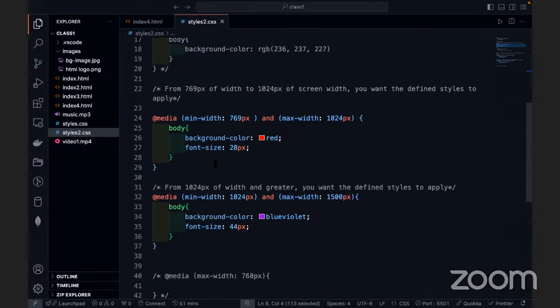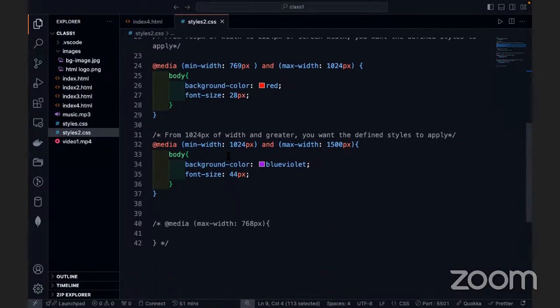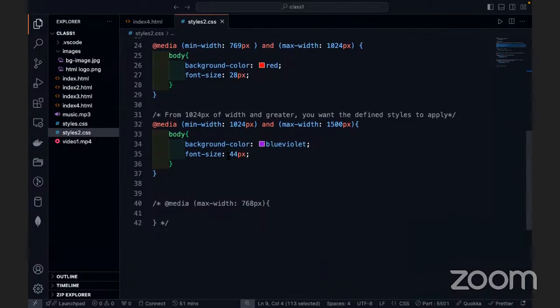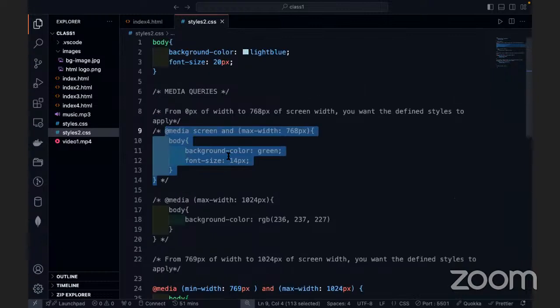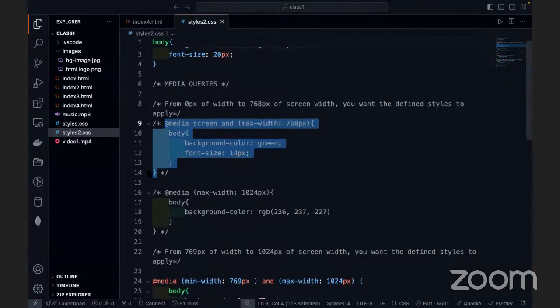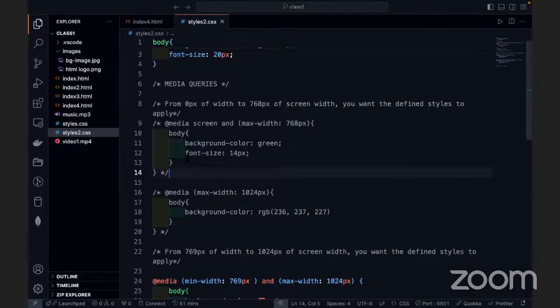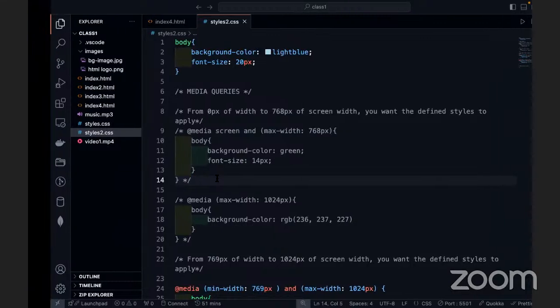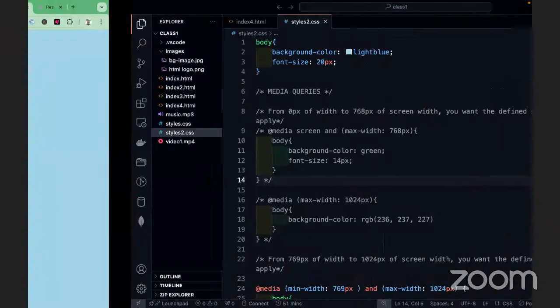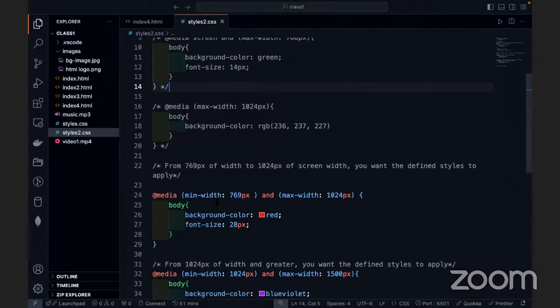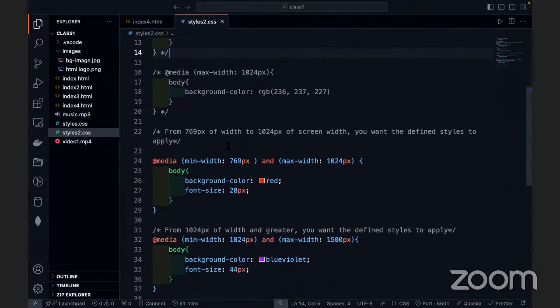So yeah, this media query, you can play around with it and try to see what happens when I do this, when I do that. But this particular lines 9 to 14 is actually unexpected. Yeah, I don't expect that behavior, which I'm still going to be able to find out later. But basically I have demonstrated what media queries are and how you could use them, right? You could say max width. You can use max width alone. You can use min width alone. You can use max width and min width, right? Okay,